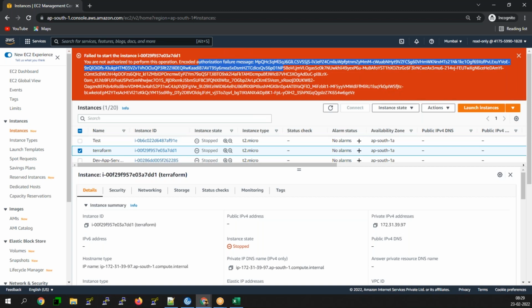Why is this happening? Why am I not able to start my instances? Because I have provided only read only permissions for this respective user. That is one thing you need to understand.